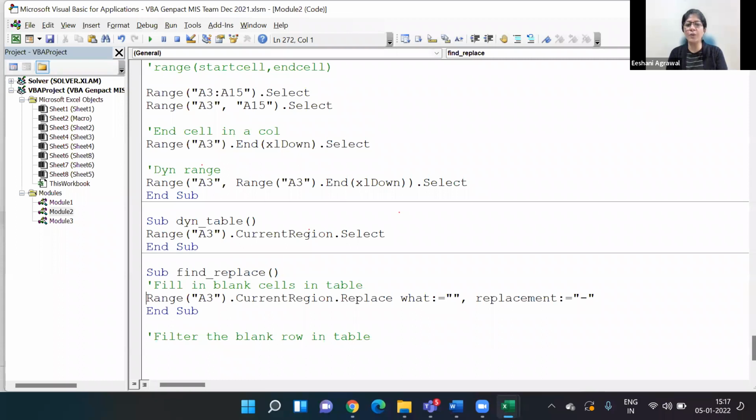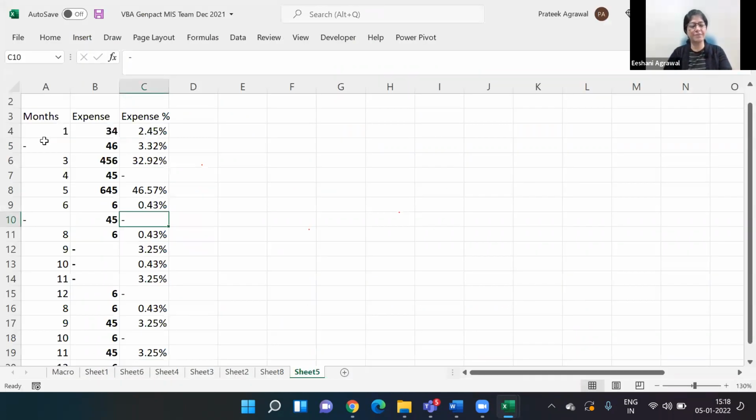Now, how will you filter the blank row in a table? Blank row in a table or blank cells? Blank cells. Blank cells, right? Not a row, because a row will not be captured in a table. It will disconnect the table completely. Okay, so let's say